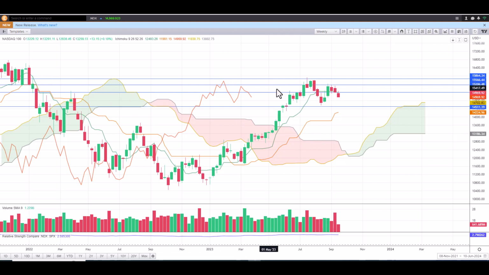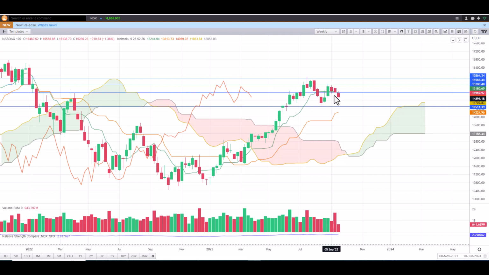In the last update we were highlighting this risk zone here. This resistance zone comes from the old top end of the cloud here, an old resistance zone, as well as these levels that were support back then in January of last year and have now become a resistance zone. So you can see how the market ran into trouble when it got to these old cloud chart resistance levels,